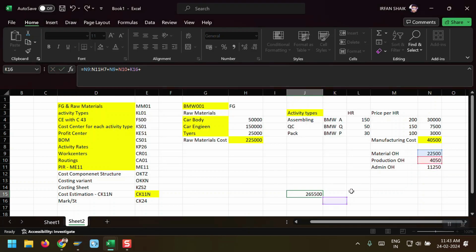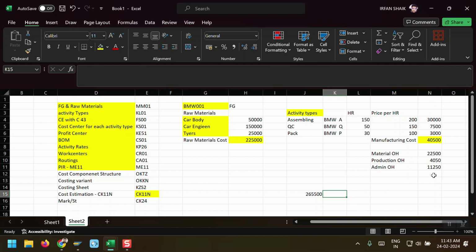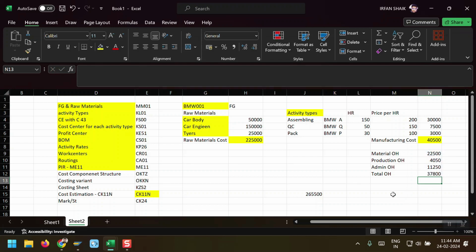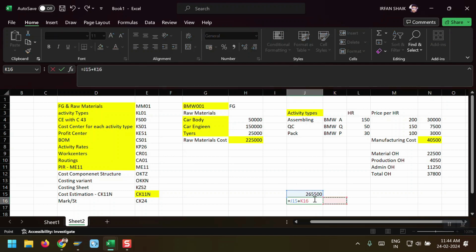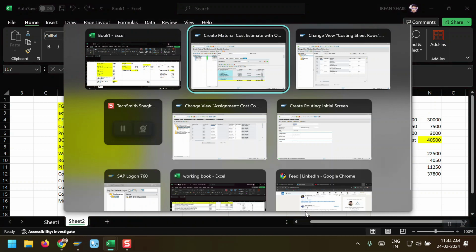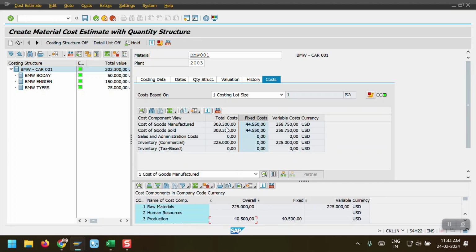So the grand total would be total overhead I will mention, 37,800, and my total production would be equal to this plus this, 3,03,300. So the same we can see here. My total production cost with all the overhead and material and production cost is 3,03,300